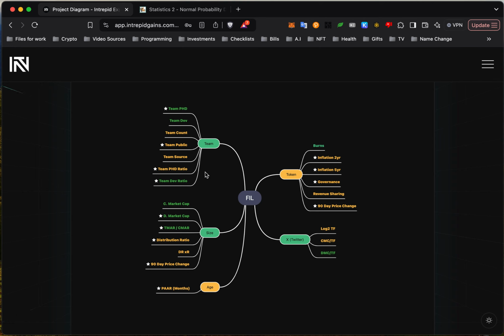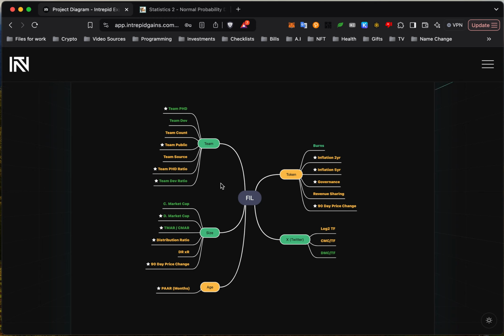So green means that it's more than one standard deviation shift to the right in probability in terms of high ROI. So it's higher than the one standard deviation in terms of ROI potential of the distribution curve of projects that perform. What does that mean? Green means it's an outlier. It means it's an awesome project. It's going to do well. Green is a characteristic that shifts it in the probability. So it has good